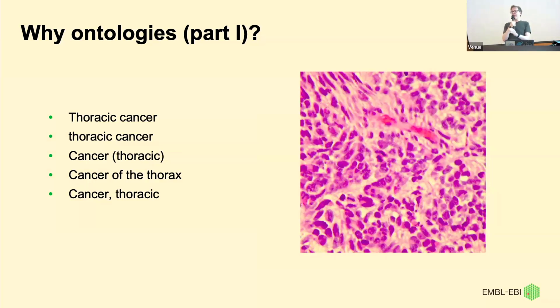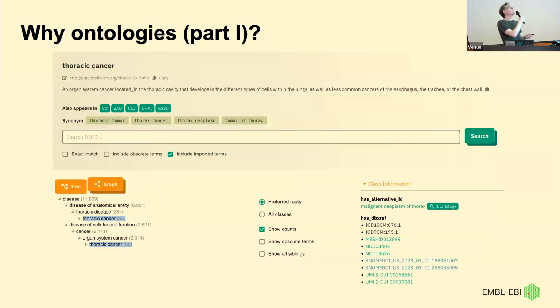If all we have for this thing is the exact words and we're trying to compare the exact words, these are 5 different things. And that's a problem for machine interoperability. And a problem for machine interoperability is a problem for training AI models. And that's a problem that we nowadays end up caring about a lot. I mean, we've always cared about it, but a big driver now is AI. How do we get around this problem? This is where ontologies start to come in. So there is a way to solve this problem, and one of the ways to do that at least, is to use an ontology.